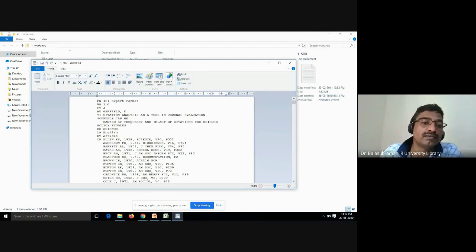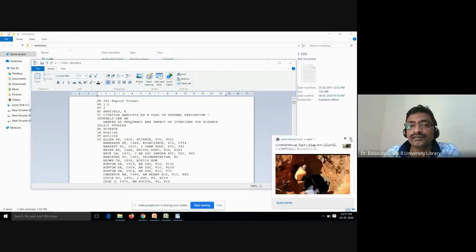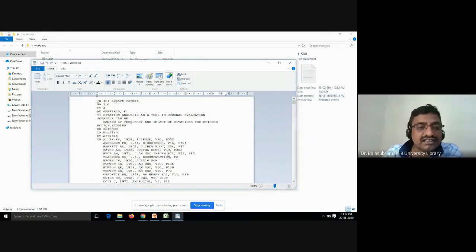After downloading the data, you can open the records. After opening the records, maybe some other first line is there, like Clarivate Analytics ISI format. You can remove that first line. Open WordPad, then copy and paste it.